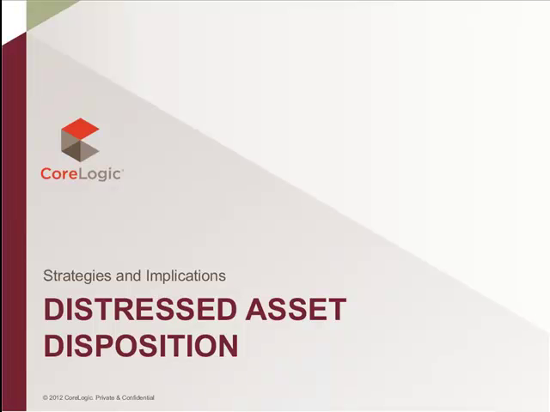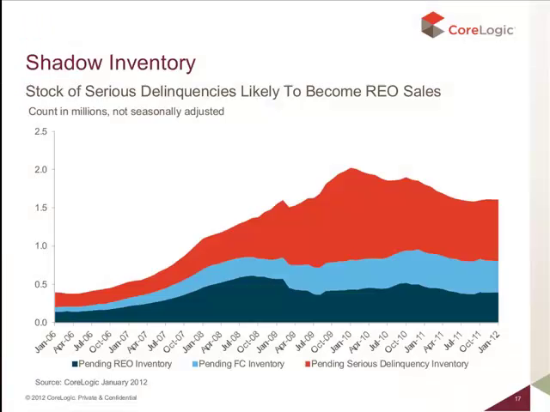So let's talk a little bit more about all of these distressed assets and the disposition processes for them. First of all, how many distressed assets are there out there? And these numbers range wildly. We use the term shadow inventory. Many refer to shadow inventory as simply meaning those that are 90 or more days delinquent. I showed you that was 7% of the total outstanding stock, so 3 or 4 million in the shadow inventory